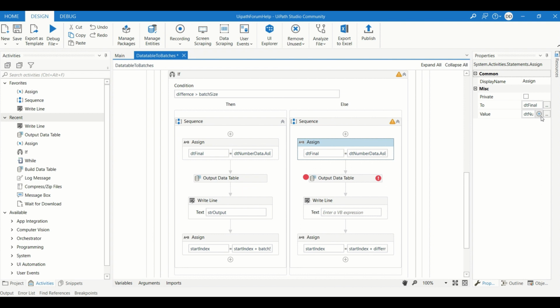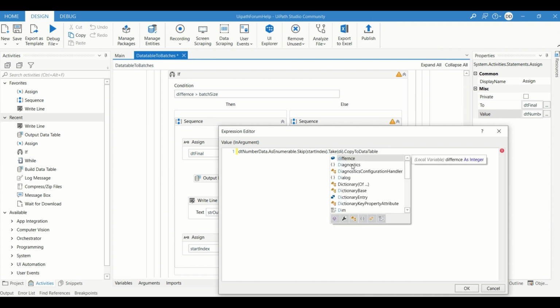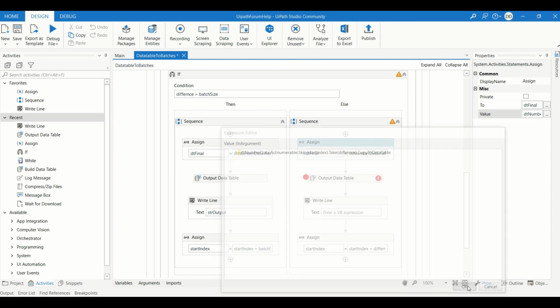Now what we have to do, see, we are skipping the start index, it is correct, but if we take batch size here, then it will be 4, and it will throw an error that the row is not available. So what we will do here, we will pass the difference. So we will take only the difference, what is left out in that data table.